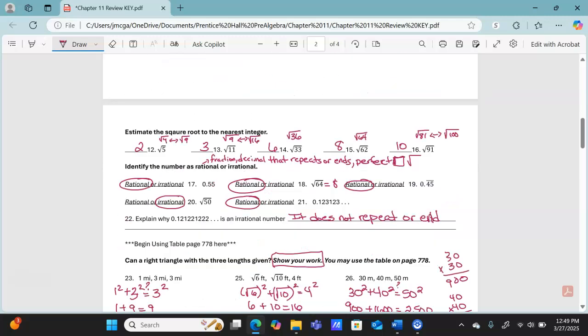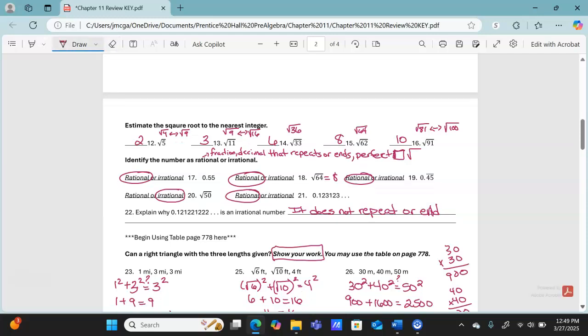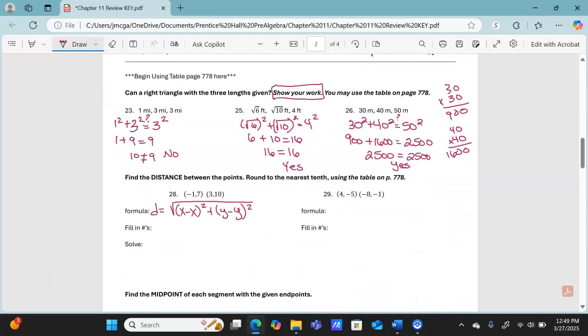So I will probably have you go down to about right here, maybe, where you can't use the table or anything, and then from there, once you get to here, you'll have the distance formula. You will have to write it initially on the test and prove that you know it, but once you get to here, I will supply it so that you can use it in the problem. So the distance equals